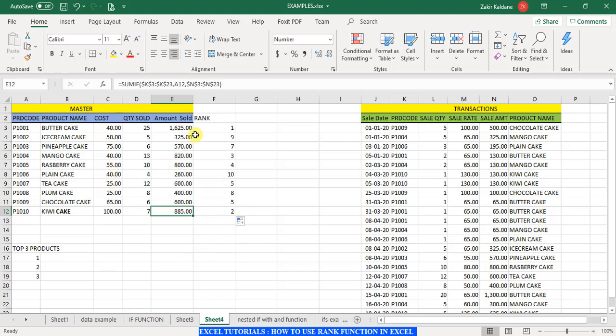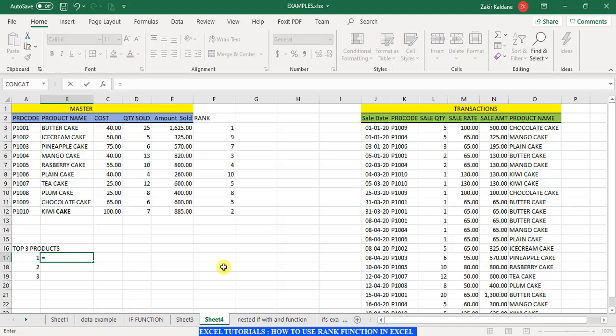So what I do is I rank those data series in the master file. If I want to have my top 3 products or top 5 products, in the leftmost column I put the ranking as 1, 2, 3, and then to get hold of the products, I can use an XLOOKUP or VLOOKUP. I will use XLOOKUP since it is very easy.